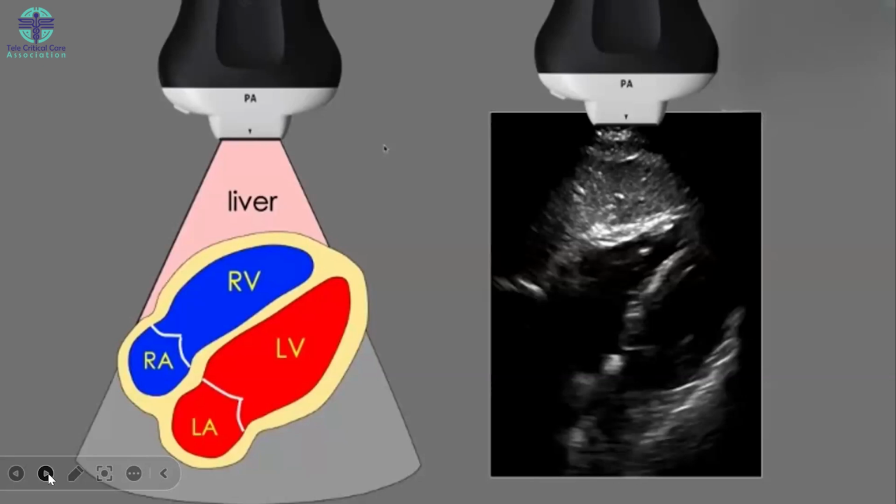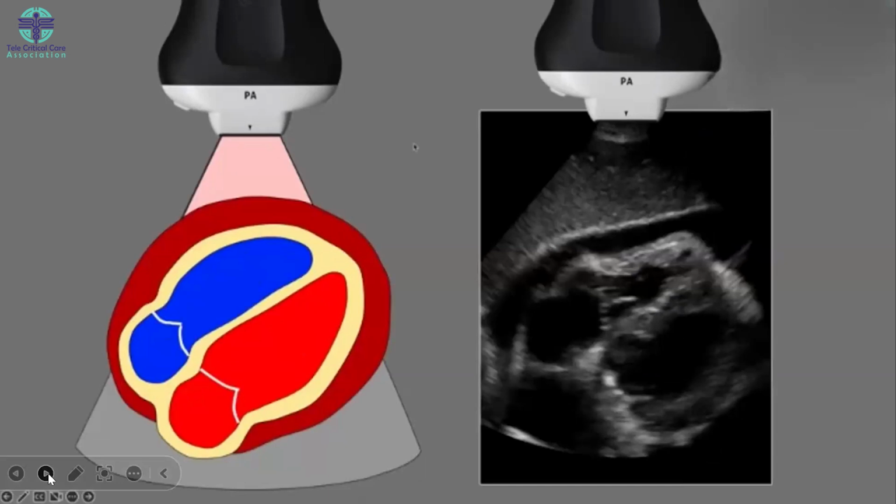Hemopericardium causing cardiac tamponade. What is cardiac tamponade? That is diastolic collapse of free right ventricular wall. So when you put your probe in subcostal view, the images will travel through the right lobe, left lobe of the liver, and will direct towards the right ventricular wall. Now, this is the image which is showing